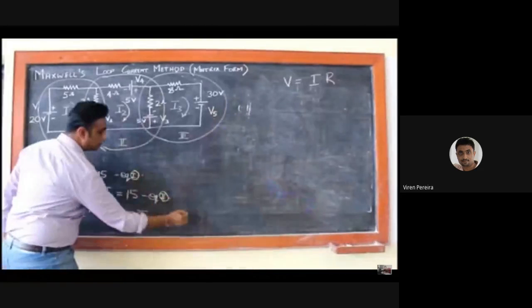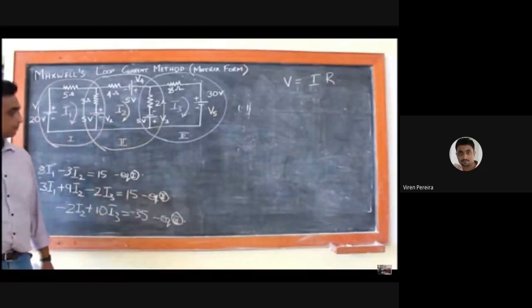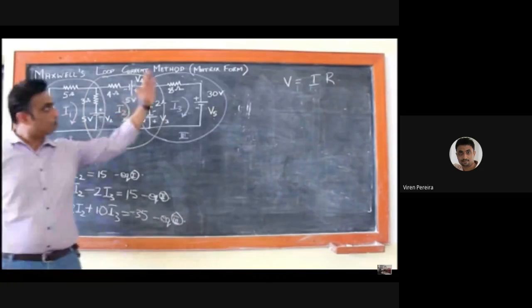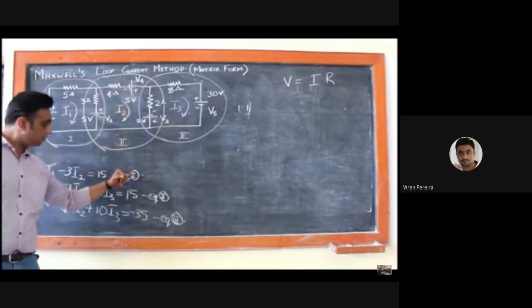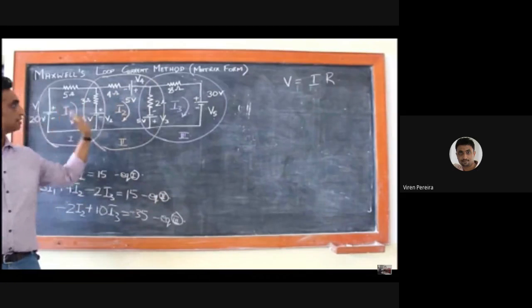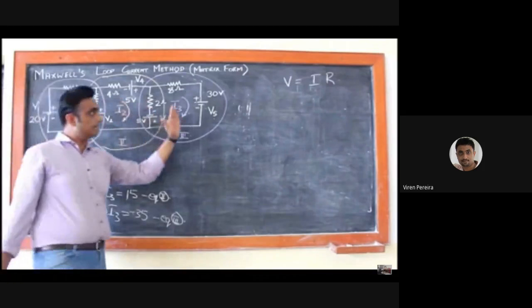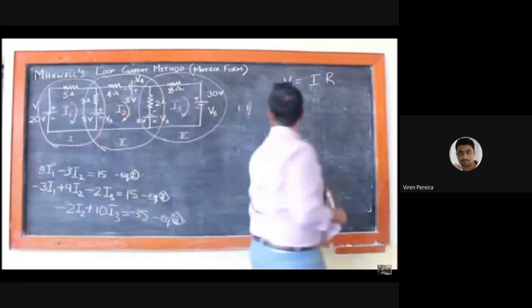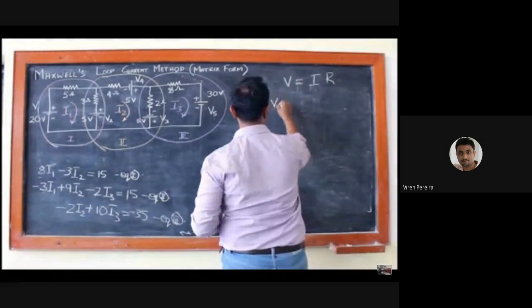Now till here, equation 1, equation 2 and equation 3, the steps remain the same. So if I want to do matrix form or if I want to do equation form, I have to basically get my 3 equations for my 3 corresponding loops. Now I'll basically deal with the matrix form. So in our matrix form we have